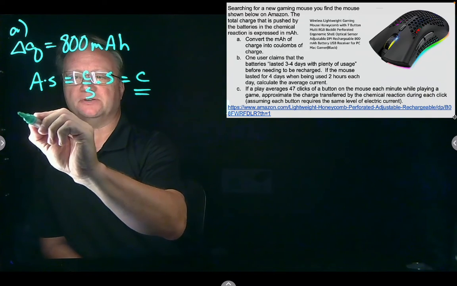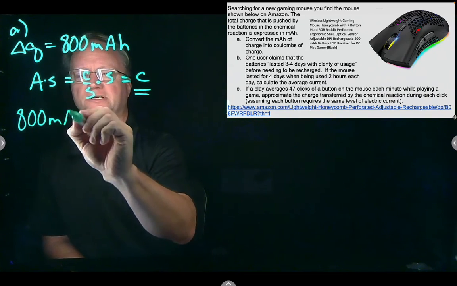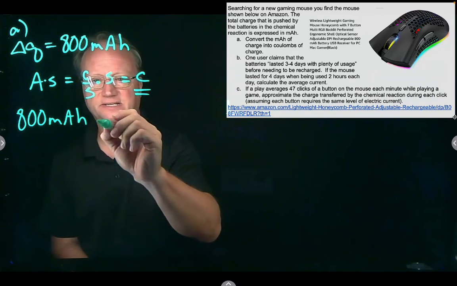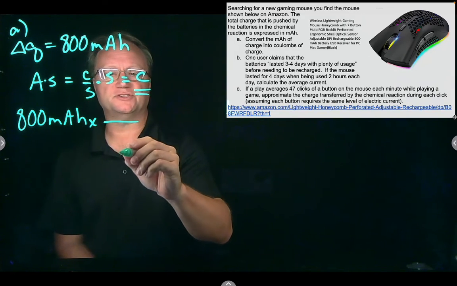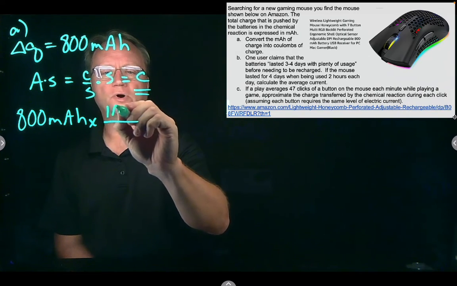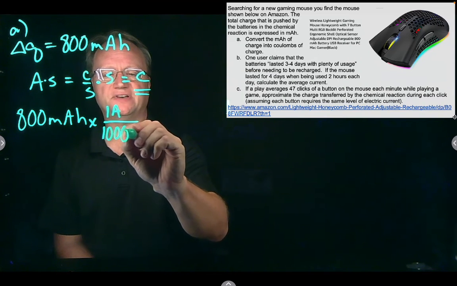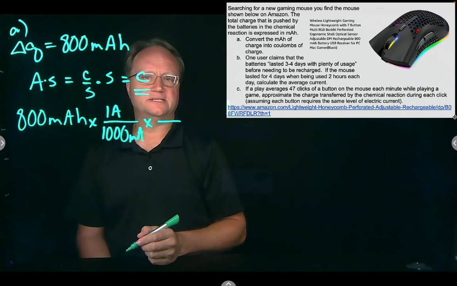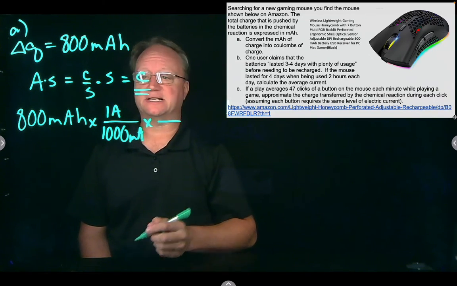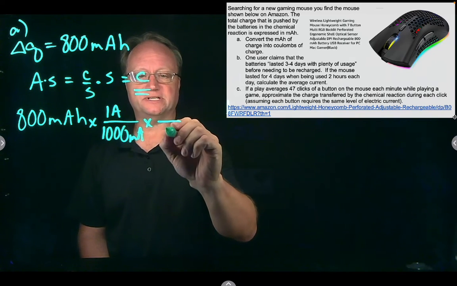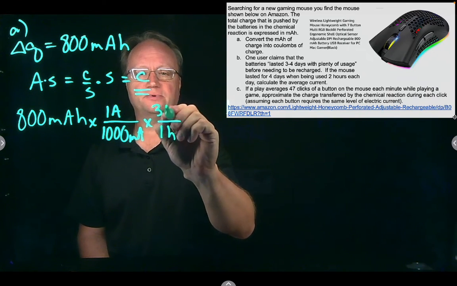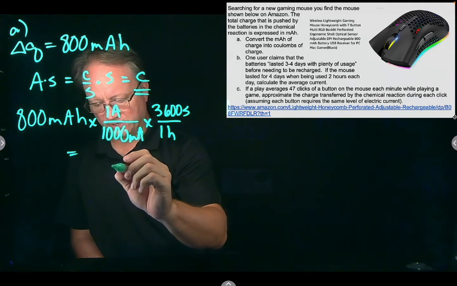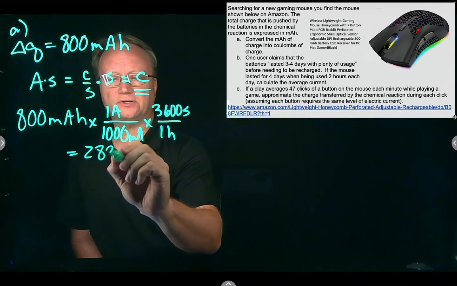So as we proceed with this conversion, what we need to do is go from milliamps to amps and hours to seconds. Well, milli is 1/1000th, so 1 amp is 1,000 milliamps. Hours to seconds, an hour is 3,600 seconds long. Hours on the top, hours need to go on the bottom, so 1 hour, 3,600 seconds. That's going to give us a converted value of 2,880